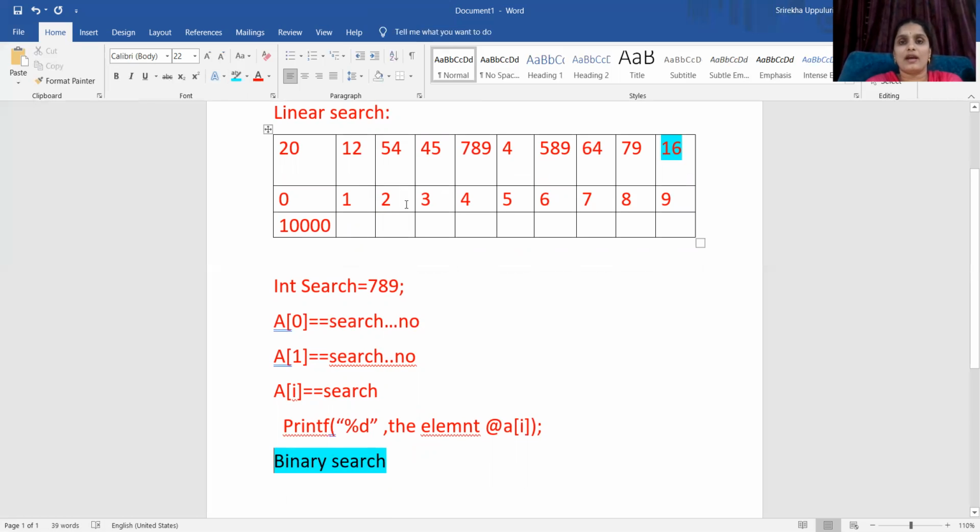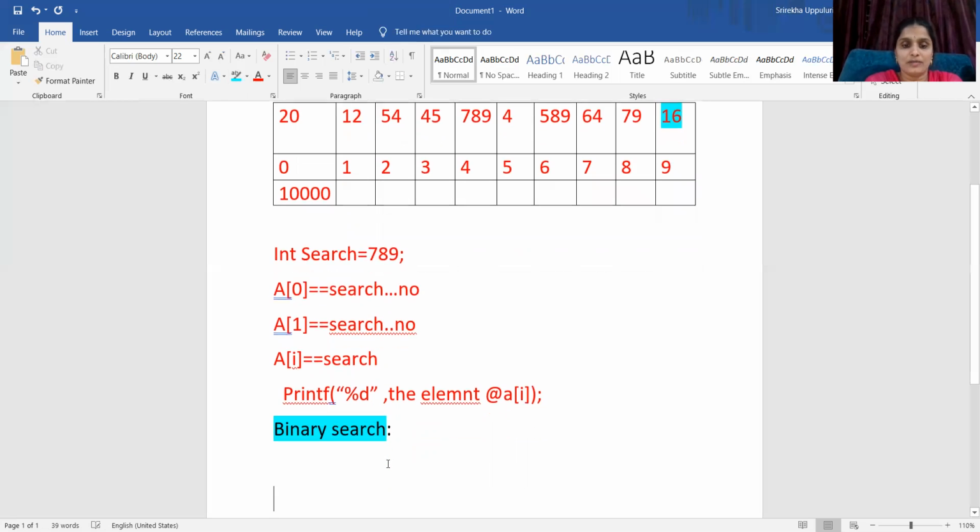Simply I can say, if the search element is double equals to a of i, printf found at the specific location a of i. Done. Now I'm going with the binary search. So in the binary search,